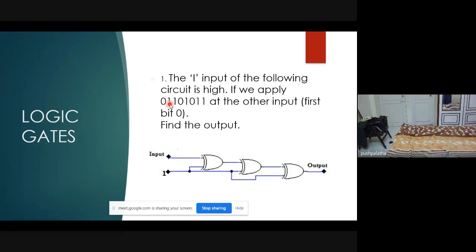Next I go for this bit. In this bit the inputs are same, 1 1, so this bit will become 0. Similarly, when I take this bit 1 1, this bit will become 0. Now for the fourth bit, the bits are different, so the output is 1. For the fifth bit, the bits are same, output is 0. For the next 0, the bits are different and the output is 1. Again for 1, the bits are same, output is 0. And here the bits are same, output is 0.